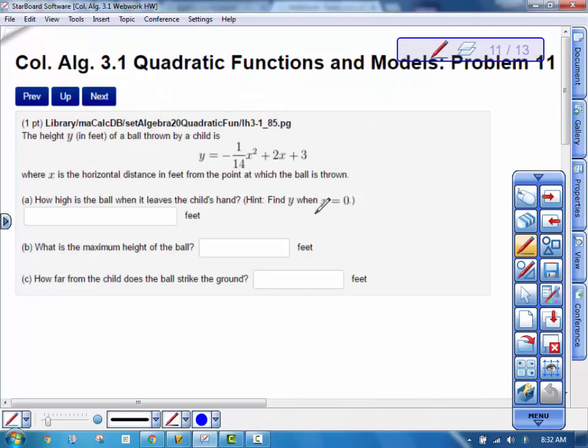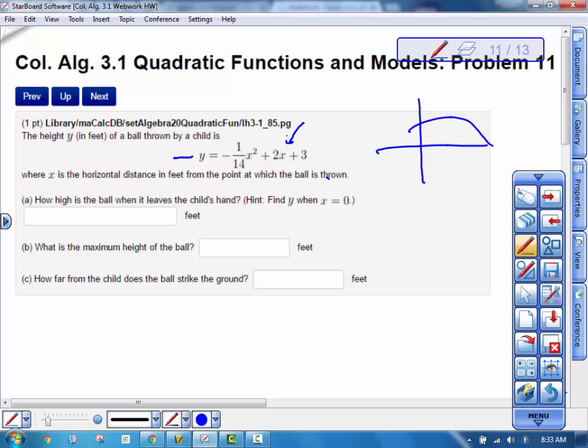Okay, one of the homework assignments has a few application problems. The first one gives us an equation for a hyperbola that looks something like this. And they want to know the horizontal distance in feet from the point at which the ball is thrown. I'm sorry, this is an equation for horizontal distance in feet from the point at which the ball is thrown. So